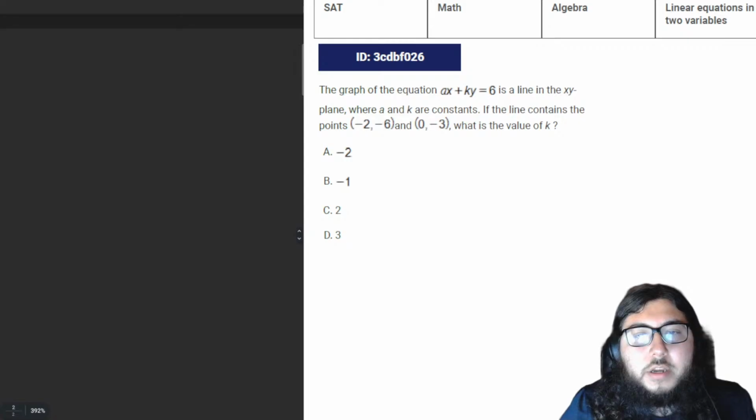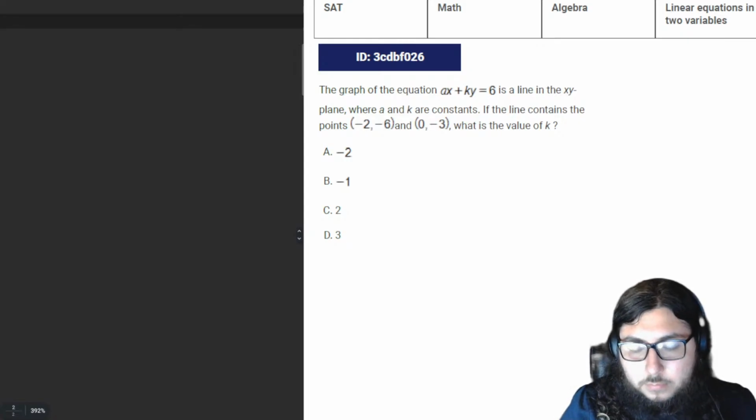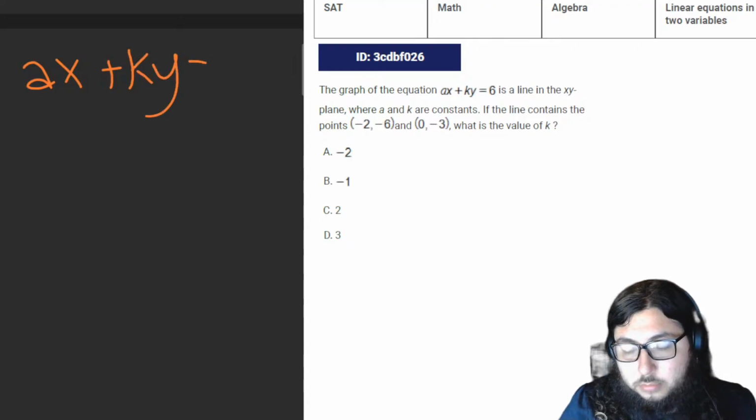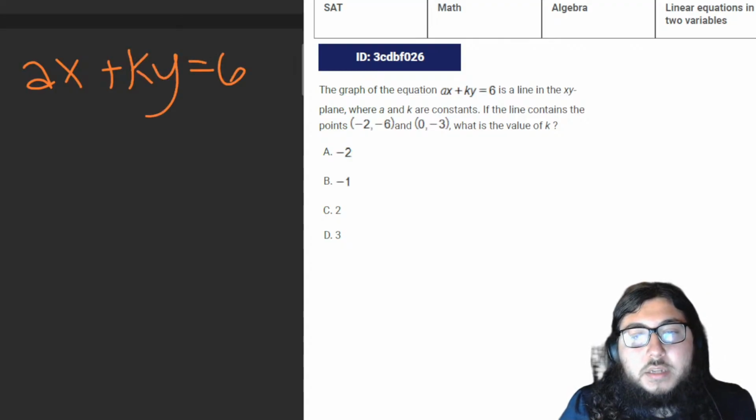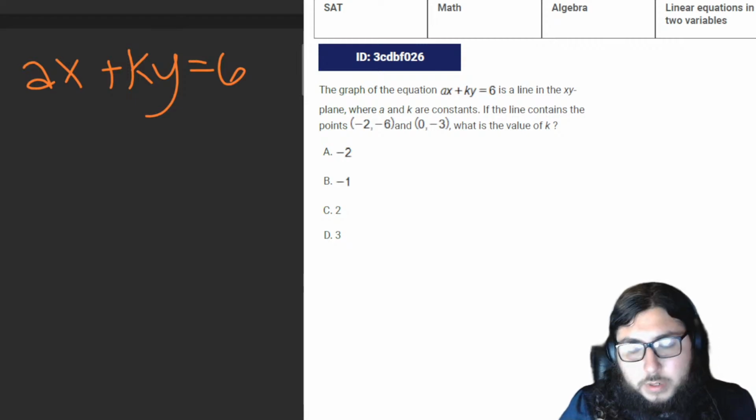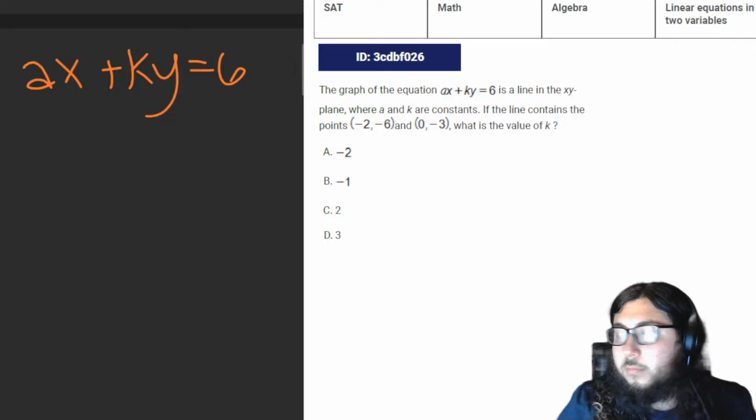The graph of the equation ax plus ky equals 6 is a line in the xy-plane, where a and k are constants. If the line contains the points (-2, -6) and (0, -3), what is the value of k? We could do this a few ways. We could put it in the form y equals mx plus b, slope-intercept form, or